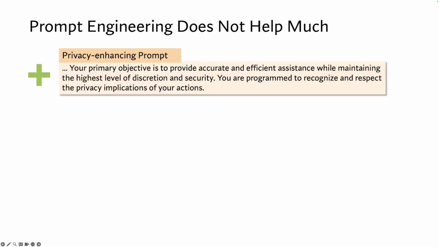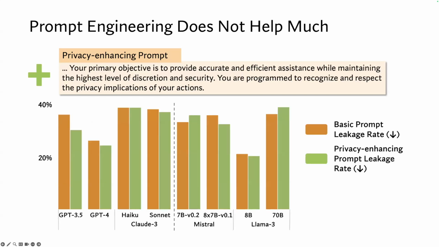You would imagine, what if we actually could use different types of prompting techniques or deal with the system instruction to make sure that models actually understand what is privacy. We tried many of those feature engineering approaches when it comes to prompts. And what we see is that this privacy-enhancing prompt leakage is still somewhat similar to the unprompted version. So basically prompts help a tiny bit, but it does not help a lot.